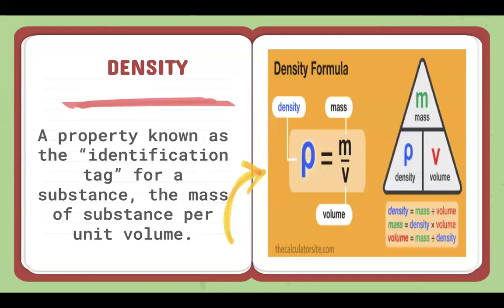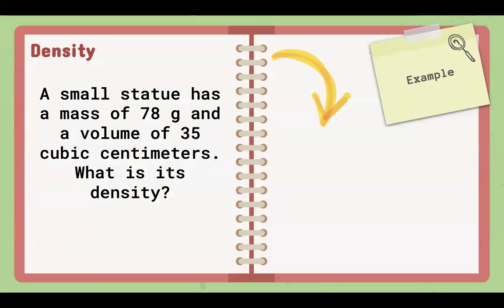Now with that, talking about mass and volume, two quantities that are related to what we call density. Density has something to do with the mass per volume of a substance. So we have the formula for this. You just have to remember the triangle, right? This one is a Greek letter rho. So rho is equal to m over v, or mass over volume. Let's apply this on a certain problem, and this will also be used in